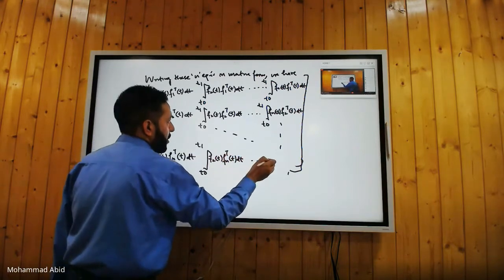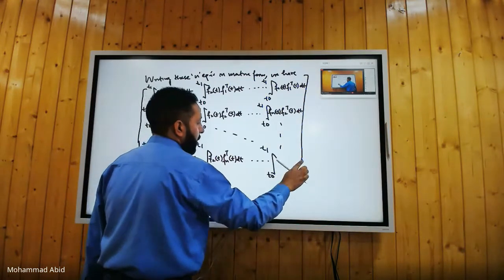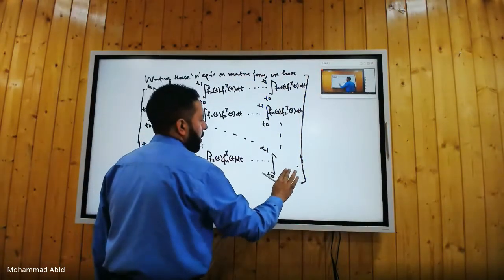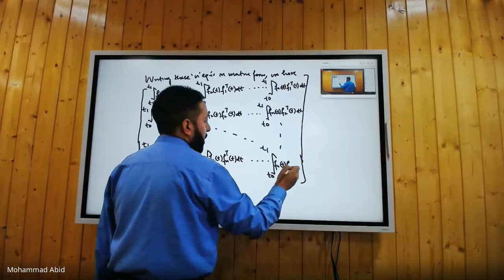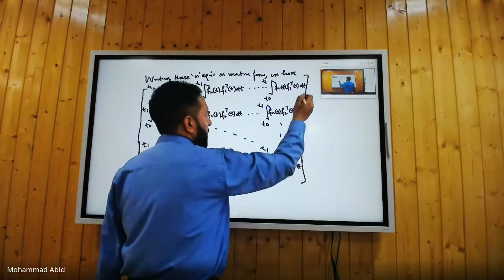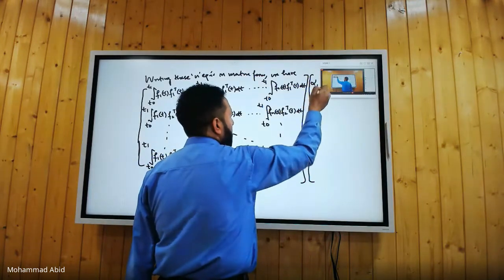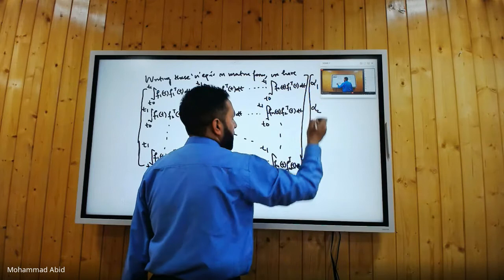So on. Integral of t naught to t1 fn(t) fn transpose(t) dt, and then you'll have here alpha 1, alpha 2, so on up to alpha n